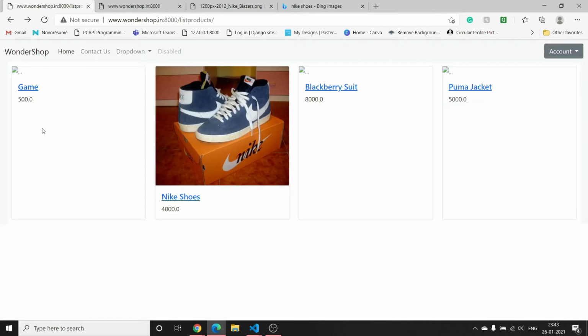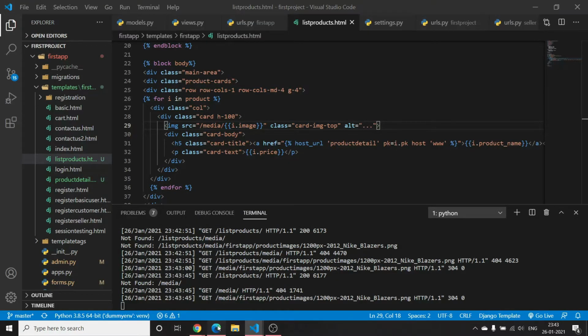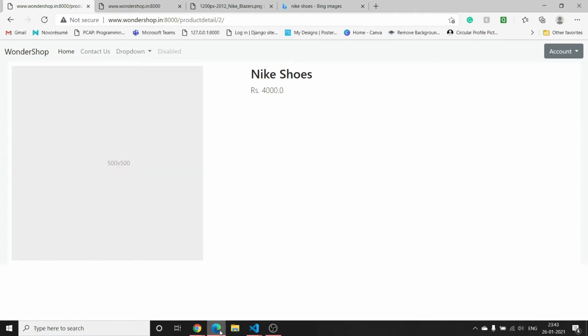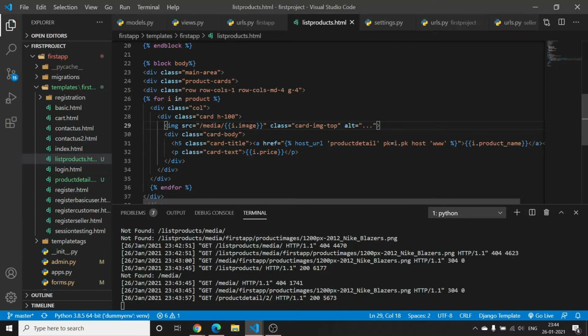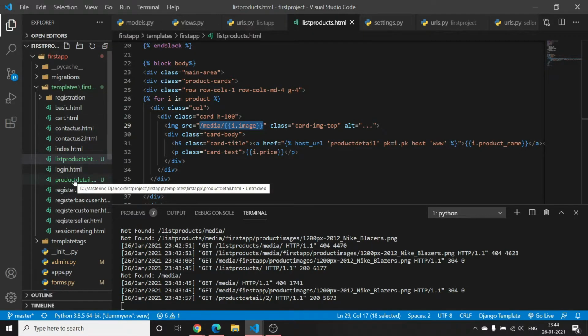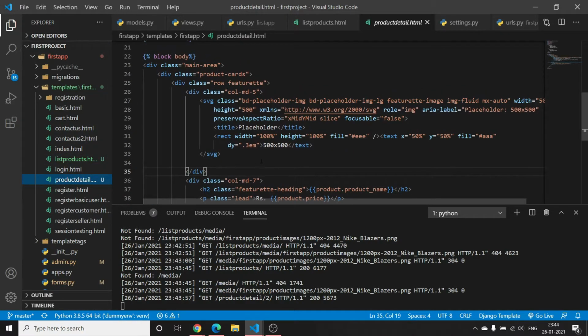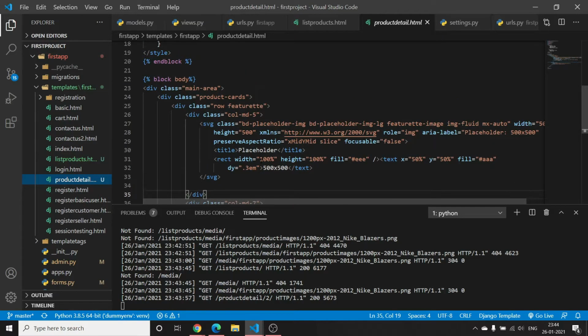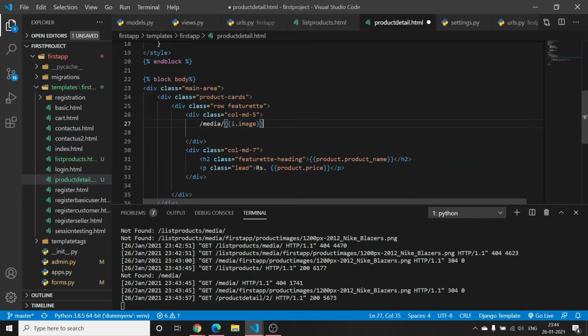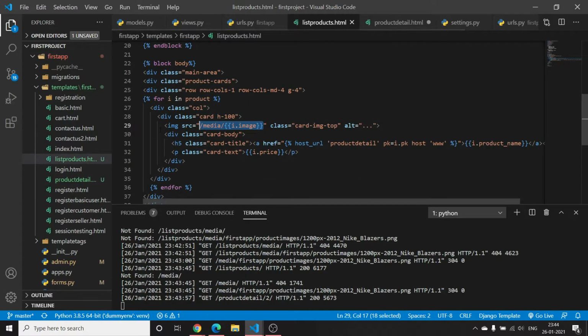Similarly you can set the width and height of the image as well to set it at default. Now if I click on Nike shoes, to display the image over here you have to do the same thing: image source, and in that you have to mention the source path. In list products I have mentioned it; in the product detail page I have to remove the SVG, since we are not using SVG here, and directly use an image source.